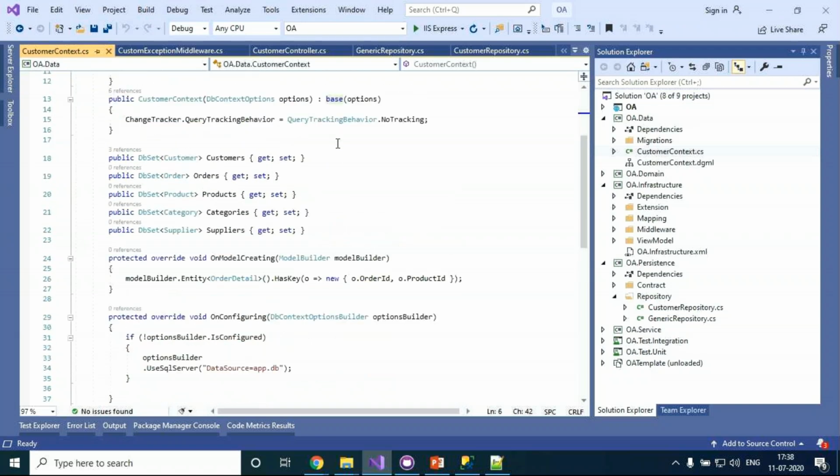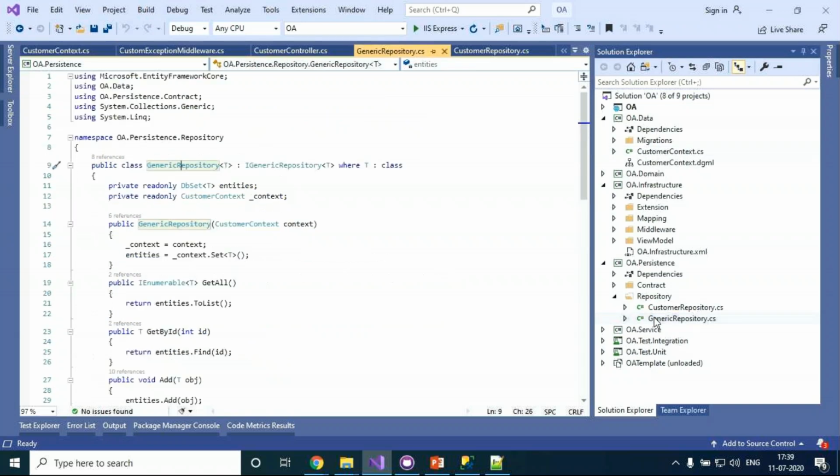They also implemented unit of work. What is unit of work? If you want to add, update, and do a lot of operations, and after that you want to commit or roll back, we use save changes. Writing dot save changes is the unit of work.